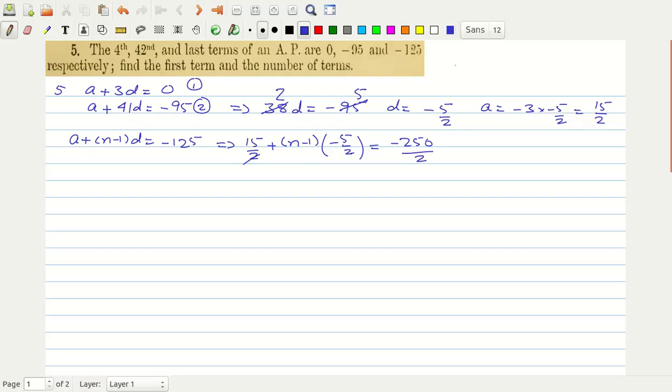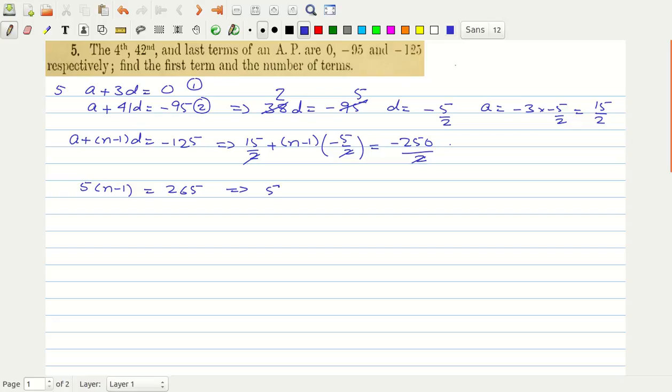So 2 cancels, and what we get is 5 times n minus 1 is equal to 15 plus 250. 15 plus 250 is 265,